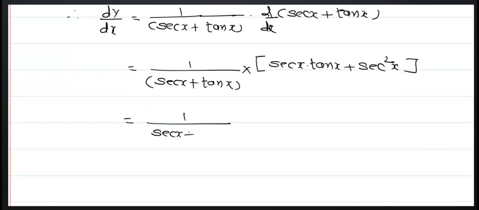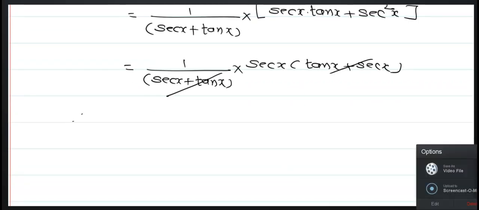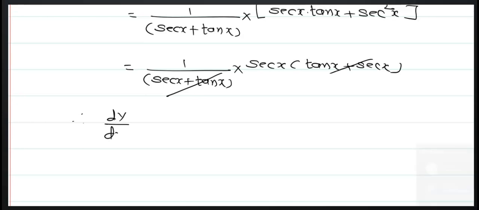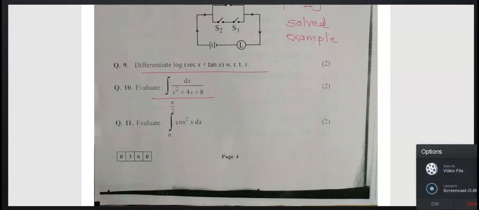Take sec x as common. Then you will get tan x plus sec x. Now tan x plus sec x get cancelled. And dy by dx is equal to sec x. Also, you see here